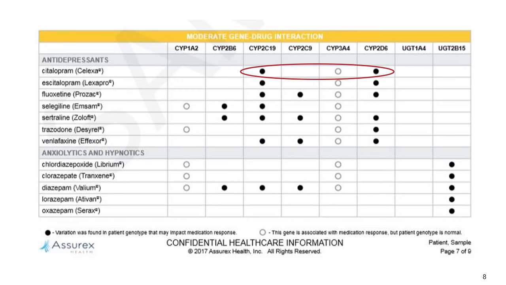And so in this case, you have these two pathways that are sort of competing with one another. One results in increased metabolism, one results in decreased metabolism. And it's a little difficult to determine exactly to what extent these may or may not cancel each other out. And this is when using our resources is very helpful to determine whether we are more concerned with the CYP2C19 part or the CYP2D6. And so if you go and you look up citalopram and the metabolism pathway in PharmGKB,